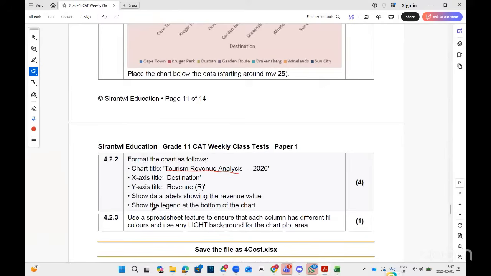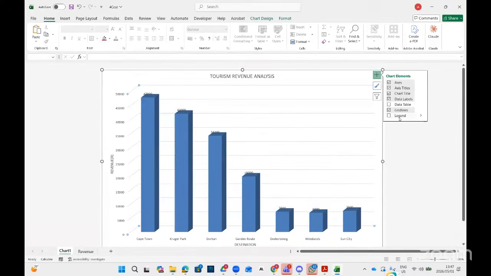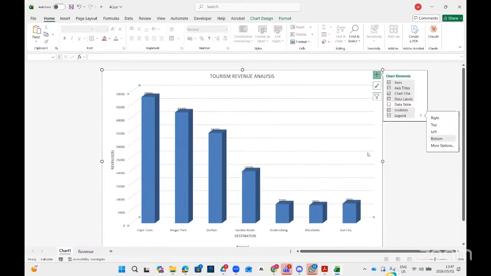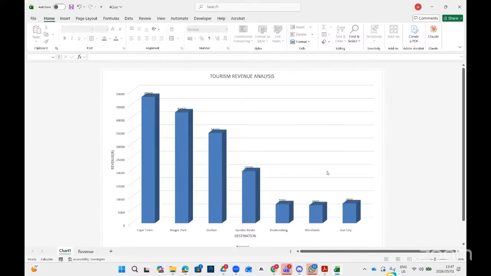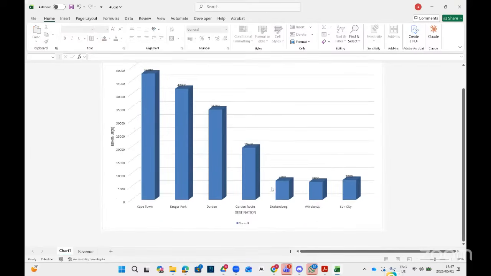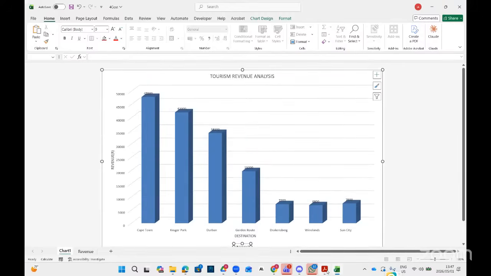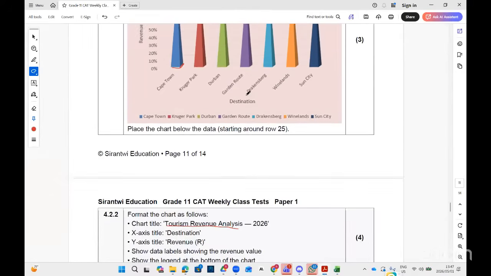And again, it says show the legend at the bottom of the chart. So I go to legend, and then bottom of the chart will be there. Now, the legend is giving me series. I'm going to change it. Don't worry. And now, the key thing here is, if you check the screenshot,